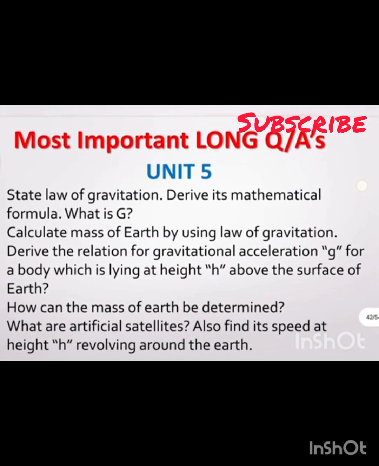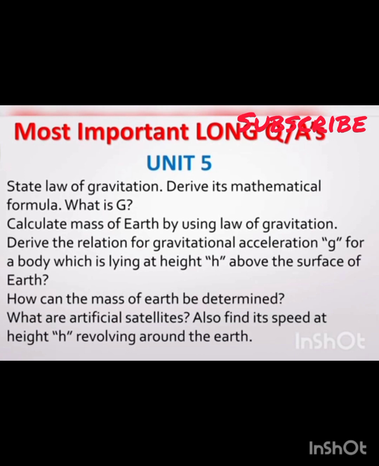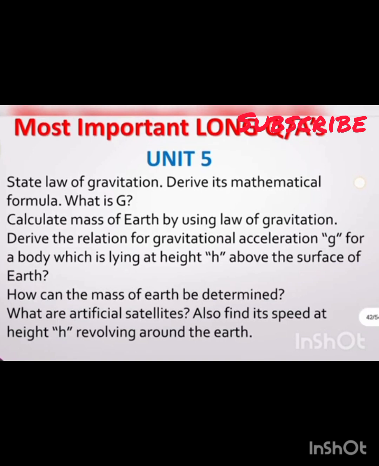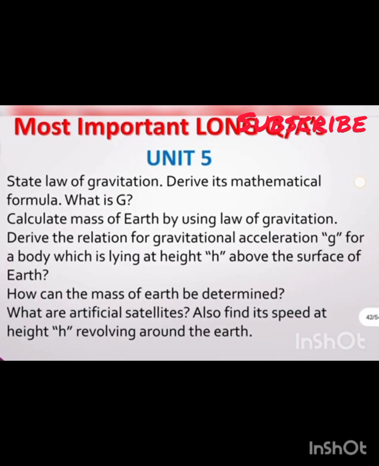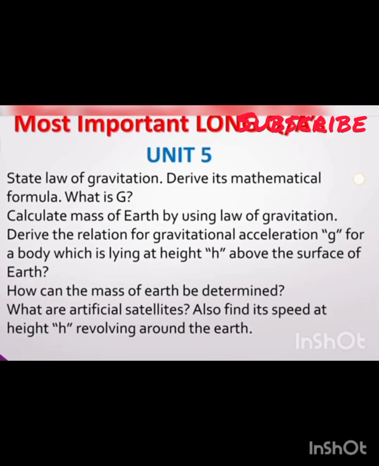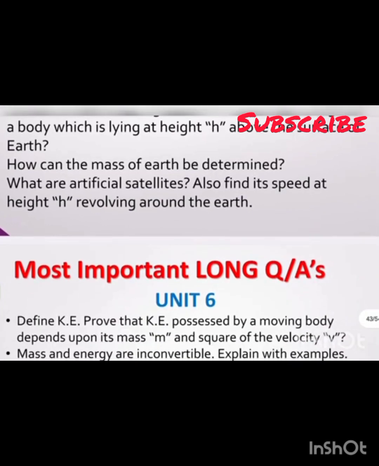Unit 5 has state law of gravitation, derive its mathematical formula, calculate mass of earth by using law of gravitation, derive the relation for gravitational acceleration g for a body which is lying at height h above the surface of earth, how can the mass of earth be determined, what are artificial satellites, also find its speed at height h